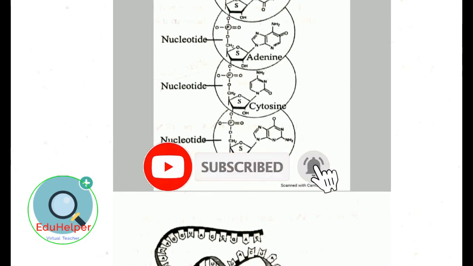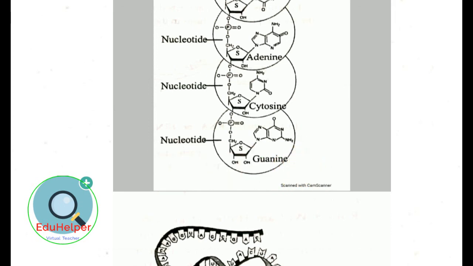Deoxyribose sugar in DNA is less reactive because of the carbon-hydrogen bond, and is stable in alkaline conditions. DNA has smaller groups, which makes it harder for enzymes to attack DNA. Ribose sugar is more reactive because of the carbon-hydroxyl bond, and is not stable in alkaline conditions. RNA has larger groups, which makes it easier to be attacked by enzymes. DNA is self-replicating. RNA is synthesized from the DNA when needed.